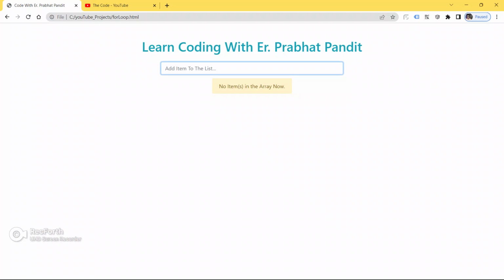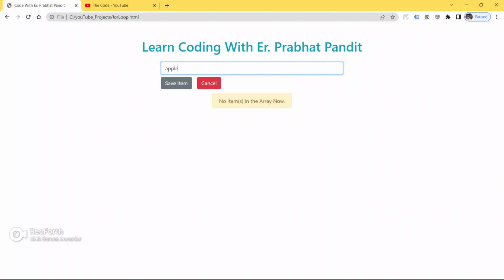Let me again put something in the input box. See, now we are able to see two buttons, save item and cancel item, but still the save item button is disabled. To enable this button, we have to put at least 5 characters, or the length of the string should be 5.